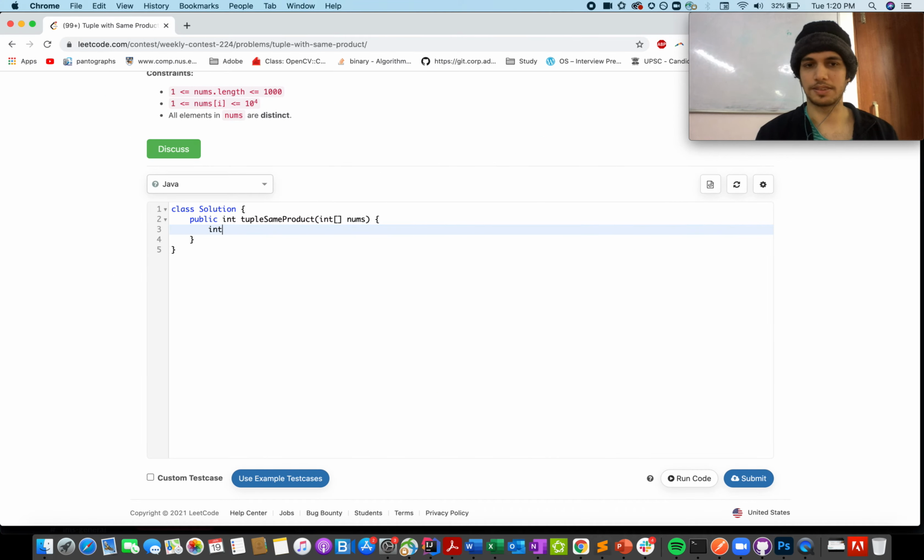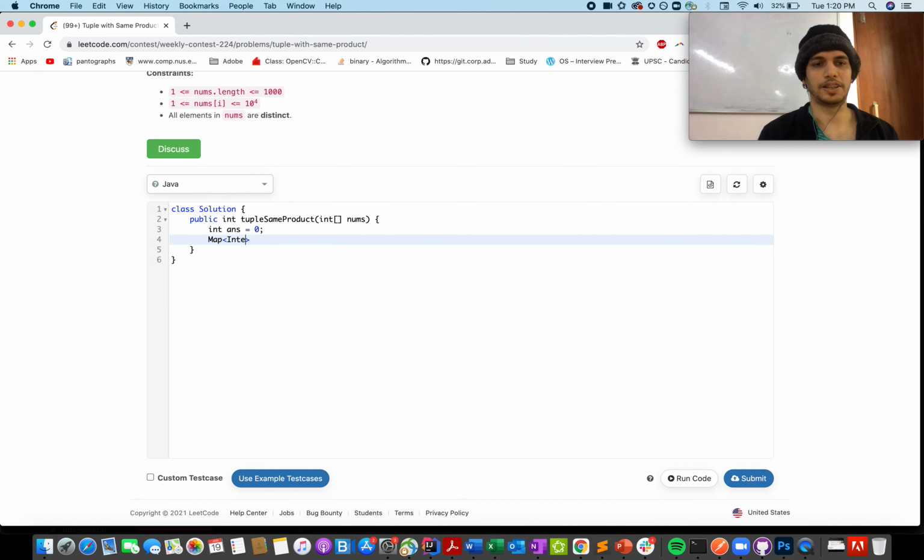Define the variable answer, integer ans equals 0, and let me define a map of integer comma integer, map, new HashMap, and for integer i equals 0, i is less than nums.length, i plus plus.